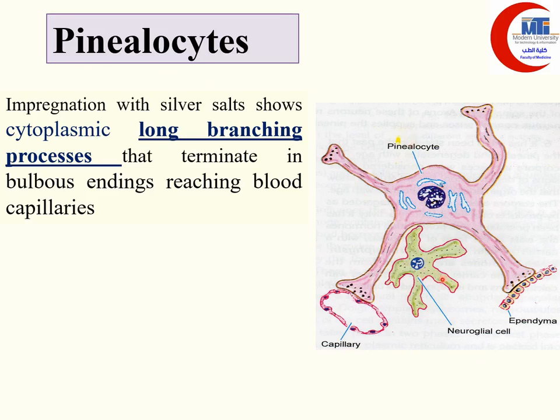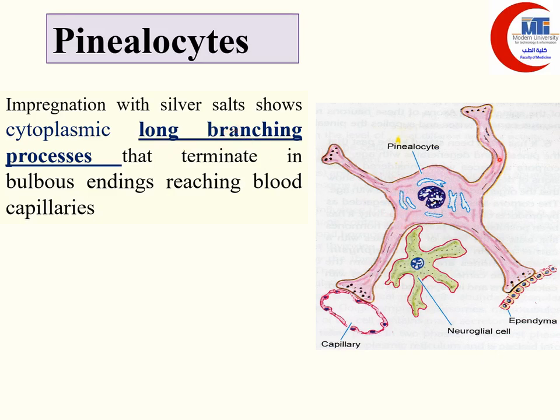This diagram shows the two types of cells present in the pineal gland. The first cell is the pinealocyte, and the second type is the neuroglial cells, which support the pinealocytes. The main type, the pinealocytes, are large cells with long branching processes. These processes are not apparent in hematoxylin and eosin stained sections, so we make impregnation with silver salts to show